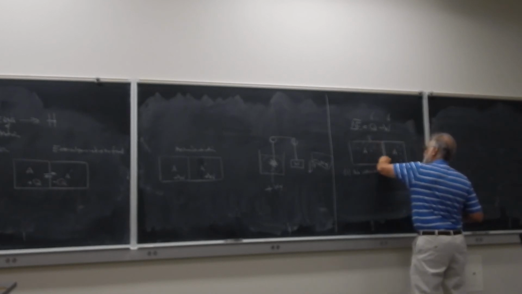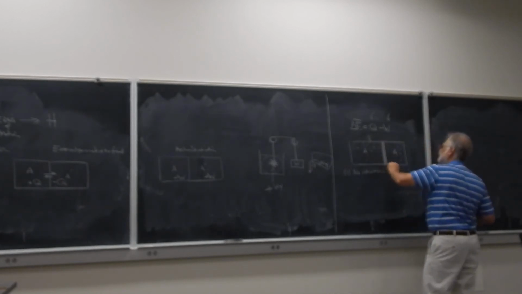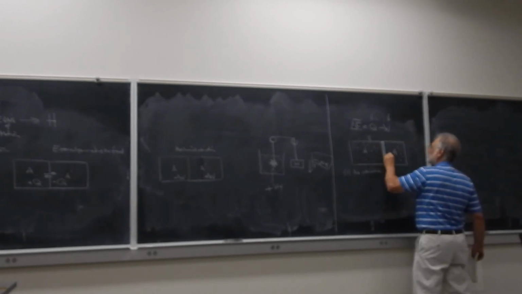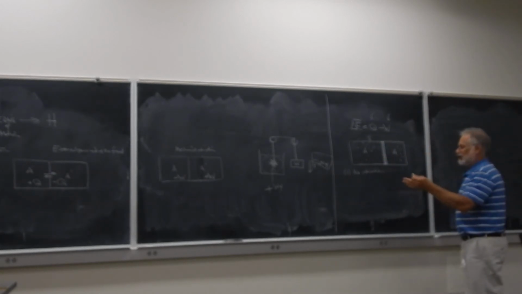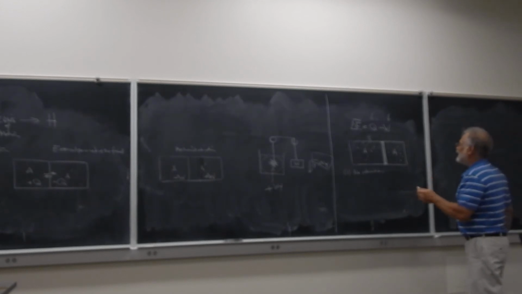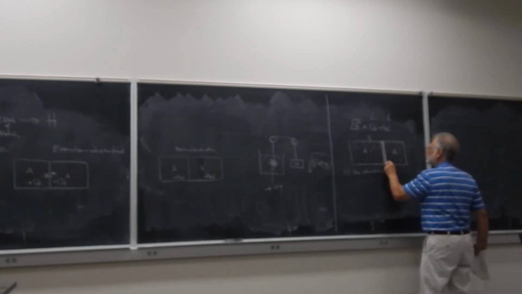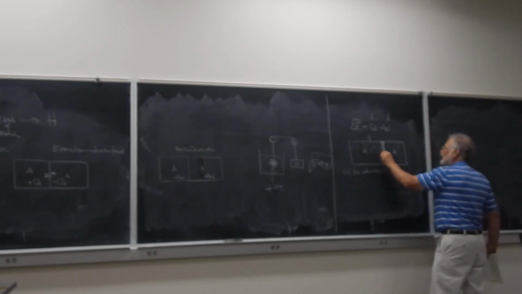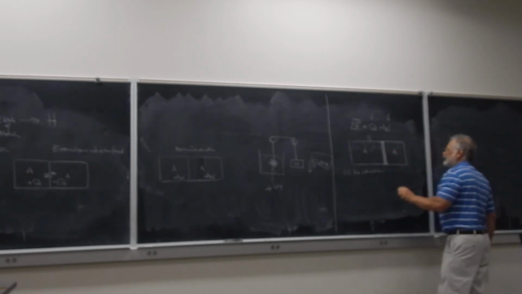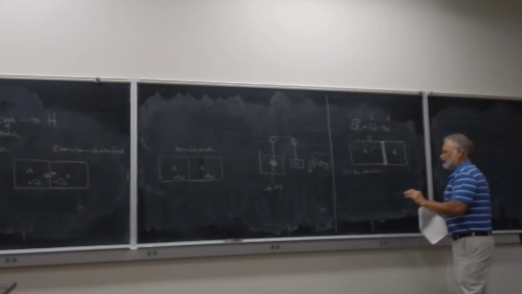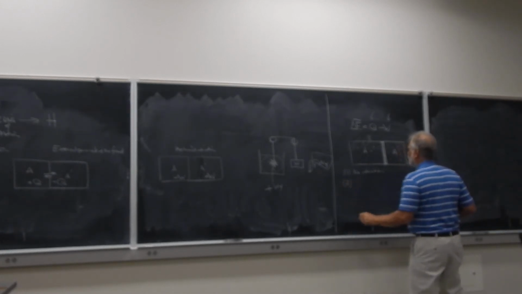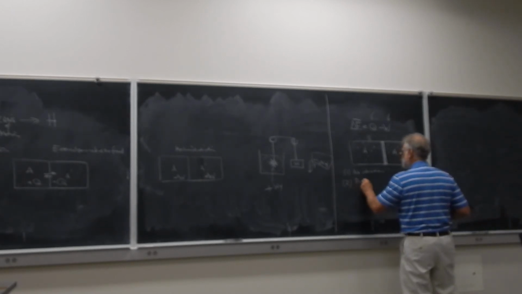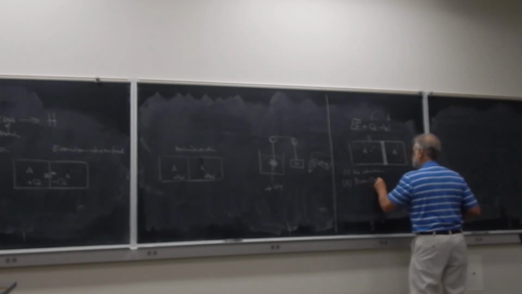So maybe I have a piston in between these two compartments, and the piston is clamped. So there's no motion of the piston, so there's no mechanical interactions. And I have this thing thermally isolated so that there's no heat being transferred between each side. So that would be no interactions, and of course, that's boring. How about in the second case? We keep a piston clamped, so there's no mechanical interactions,